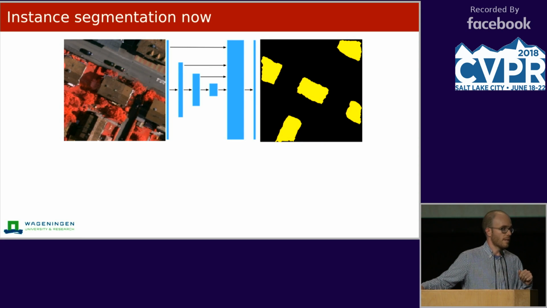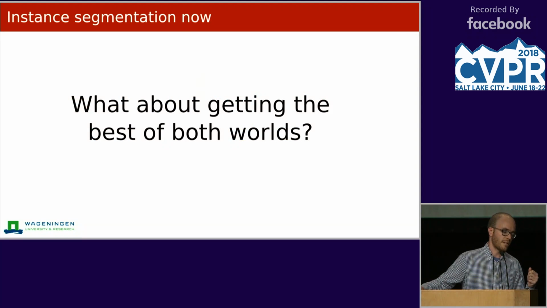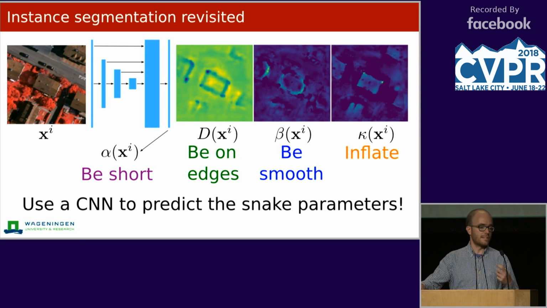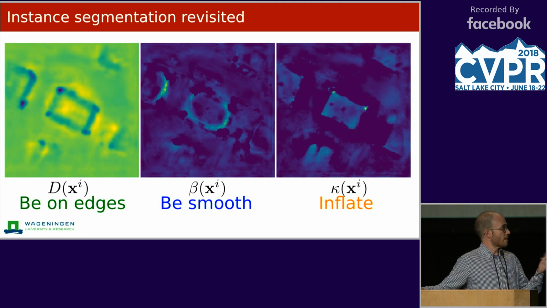If we come back to the future, we would probably think of solving this problem with CNNs, which can do a really good job at this, but that don't allow us to very easily encode certain priors that we already have. So we were thinking about trying to bring the good things of these two families of models, so like the powerful feature extraction capabilities of CNNs, and also the capability of easily applying priors that active contours give. For this, we will use a CNN that can give us the parameterization of the energy function of active contour models. And as we can see in this result,